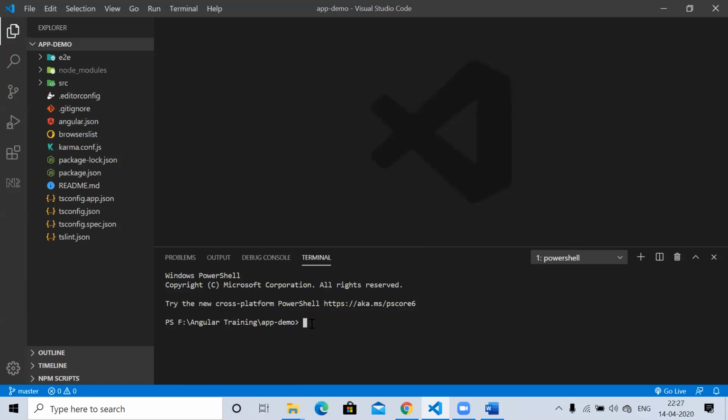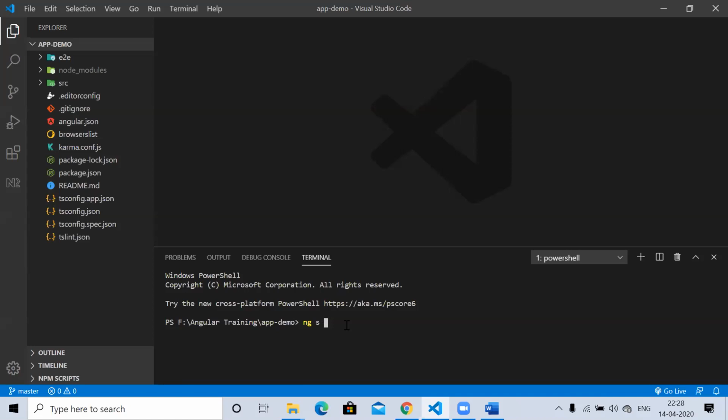And now for running the application using Angular CLI, we need to use the ng command, and after ng we need to use serve: ng serve, or you can use ngs also. This is the shortcut, or you can use ng serve also. So I'm going to use the shortcut ngs.